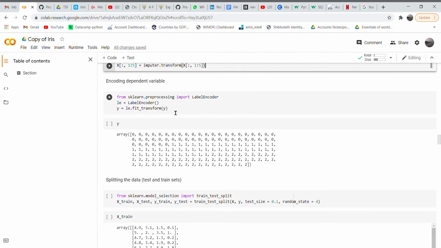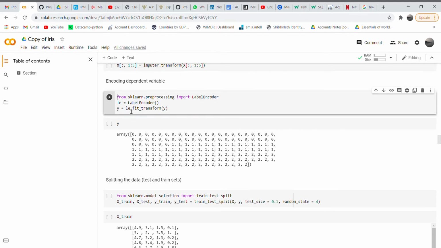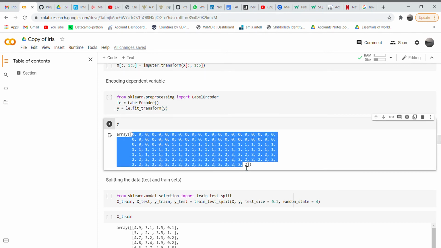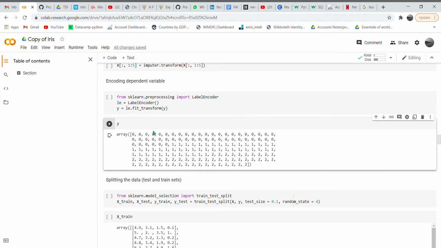We did the encoding by importing LabelEncoder for the Y variable, the target variable. fit_transform is the function we used to fit the label encoding for this variable. After encoding, we can see the data encoded as 0, 1, 2, that is label encoder. We have another encoder that can be used for binary, that is one hot encoder.